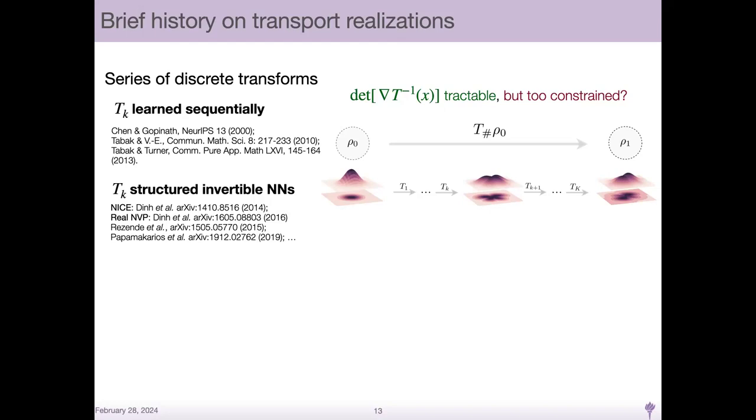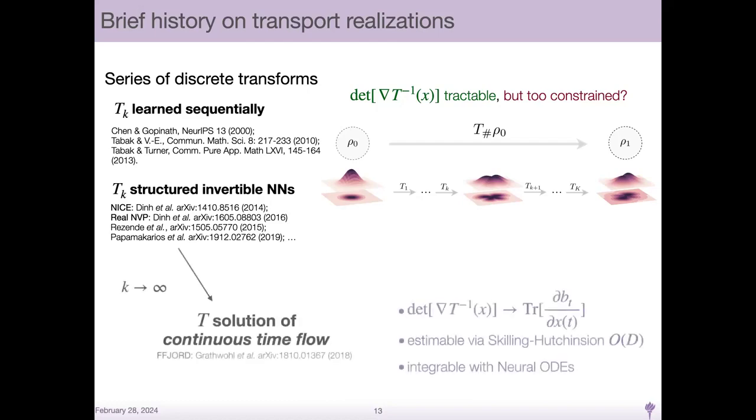And the way they phrased it was a sort of perfect setup for the neural network folks to come along and say, if I have this sequence of maps that are simple transformations, maybe each of them can be parameterized by a neural network. We can put a neural network somewhere, and then the methods we have also work better. So this is the idea of Laurent Dinh and Danilo Rezende and George Papamakarios, where they made these structured invertible maps. Okay. But you can imagine taking this sort of k equals infinity limit here and saying, I have this map T that takes a sample x0 from rho 0 and pushes it into a sample x1 from rho 1. And imagine that it actually emerges from a continuous time flow.